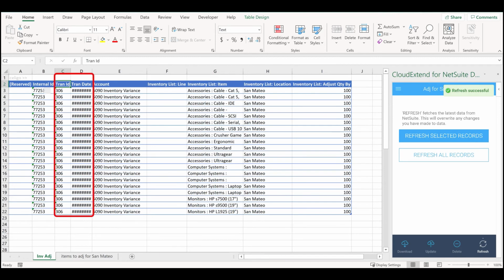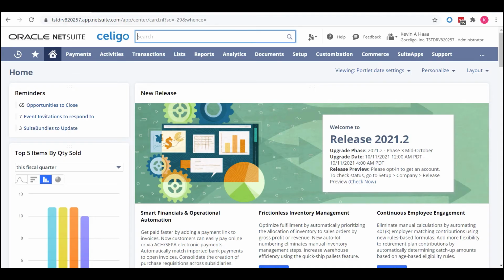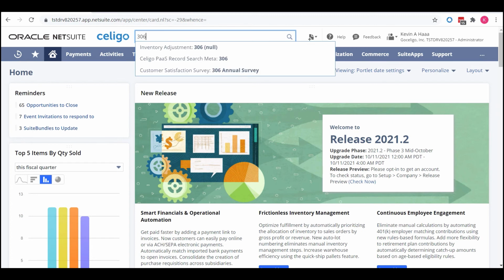As you can see, the tran ID and tran date returned, so let's copy the tran ID and search for it inside of NetSuite. So once we're in NetSuite, we're going to paste the tran ID there in the global search and select the inventory adjustment. So once we have selected inventory adjustment, it will show us that the upload for the inventory adjustment